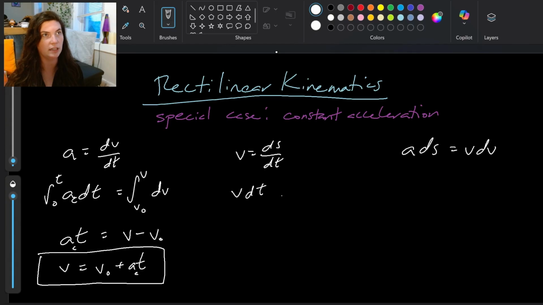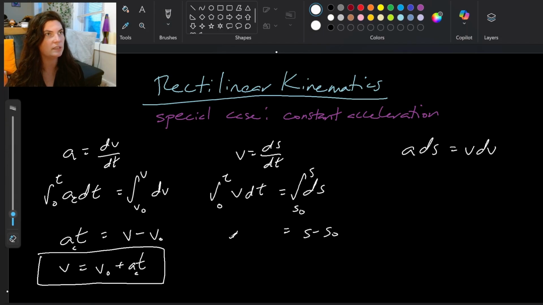If I rearrange this so that v dt equals ds, and I take an integral so that I can get rid of those dt's, I'll go from an initial time of 0 to a final time of t, and then from an initial position, s naught, to a final position of s. When I integrate this, I'm going to get, sorry, let me do this side first, s minus s naught. Erase this,